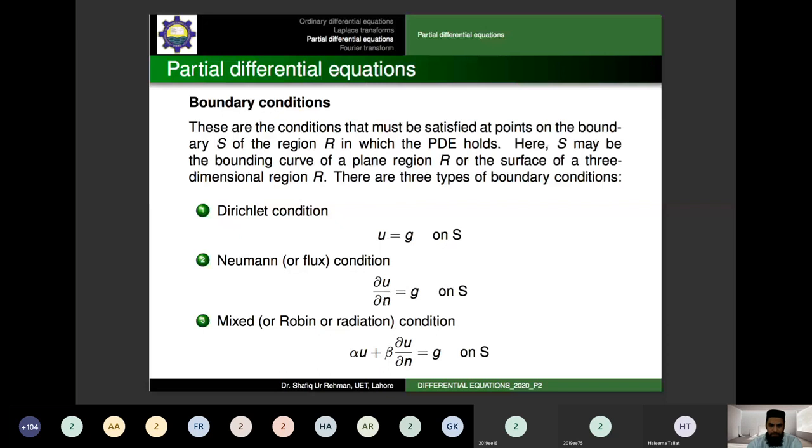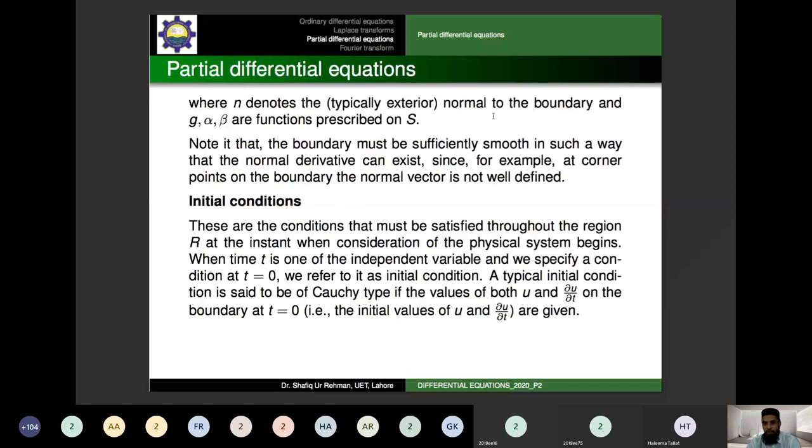So free from derivatives, Dirichlet; involving derivatives, Neumann; and the combination of them is going to be the mixed condition, or conditions if you have more than one, where n denotes the exterior normal, I mean the outwardly drawn normal to the boundary,